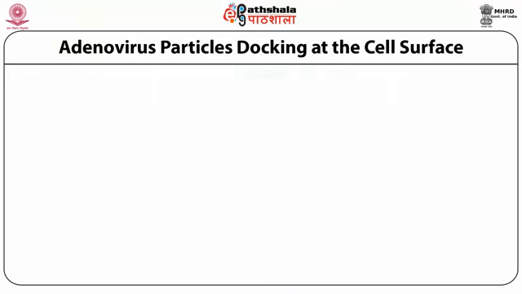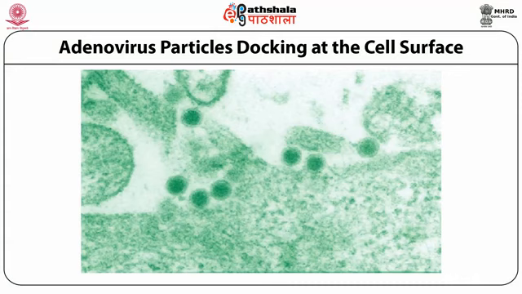When these viruses grow in the cell line or the live cells, these particles you can see under electron microscopy in the live cells with the particular shape of the viruses, and these virus particles are docking at the cell surface, so you can see them emerging from the cell surfaces of the infected cells.